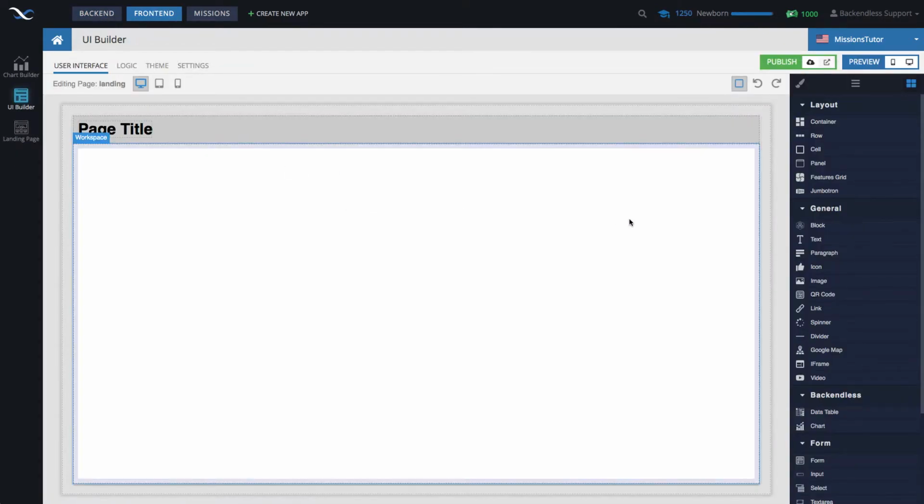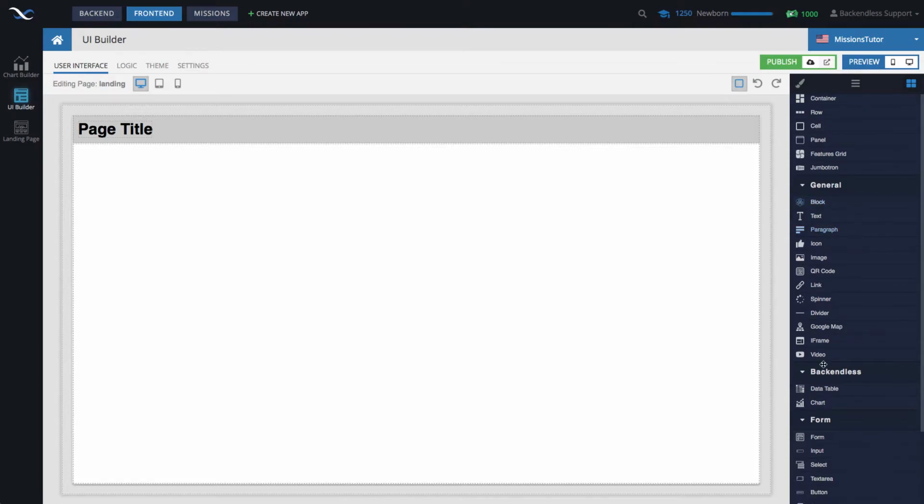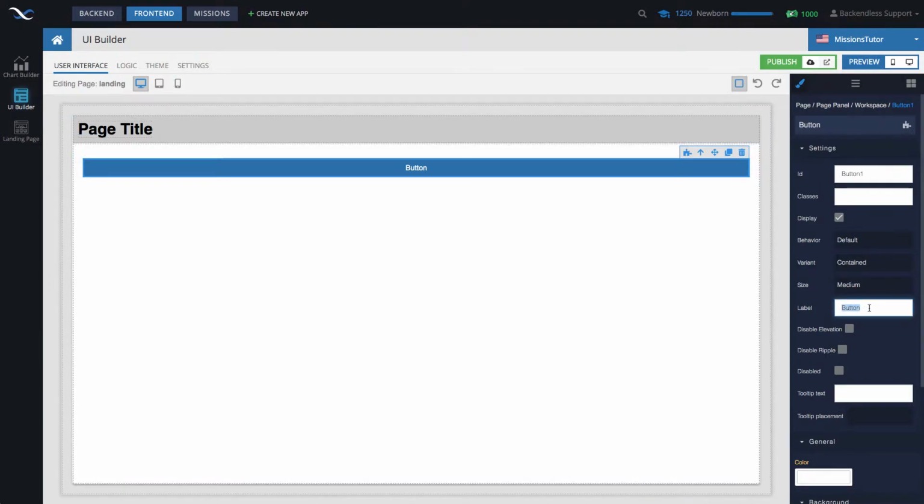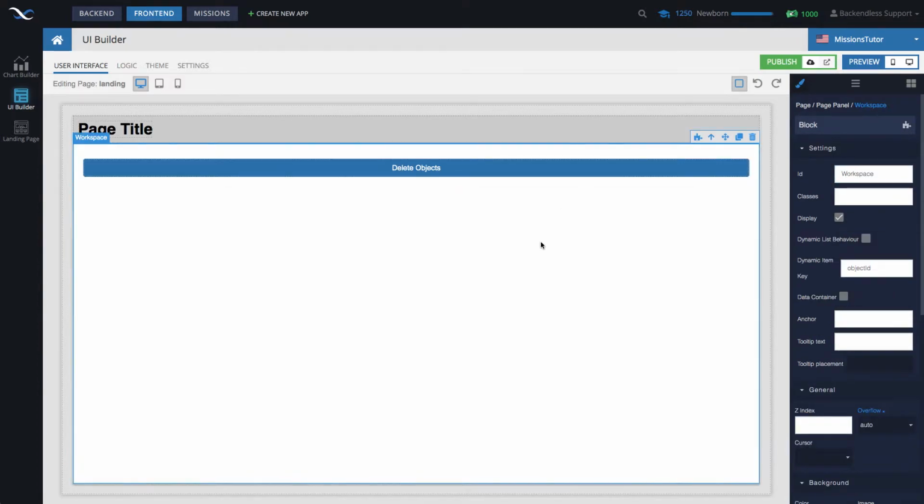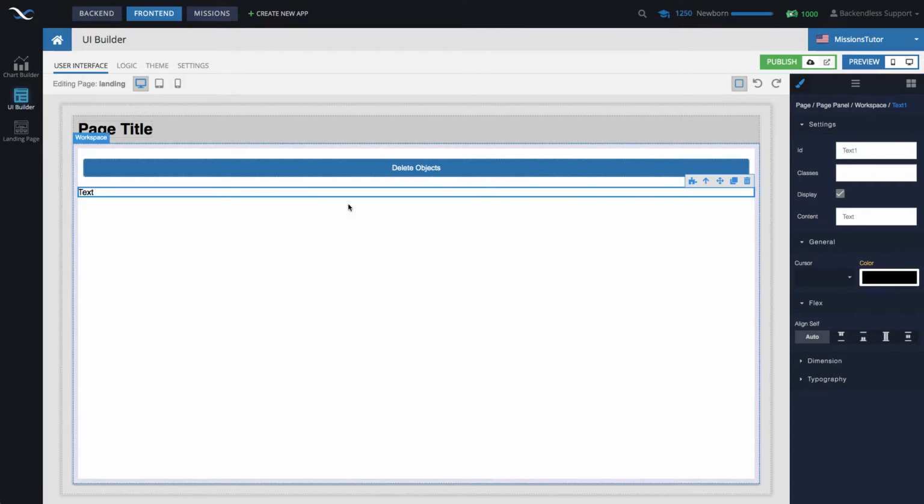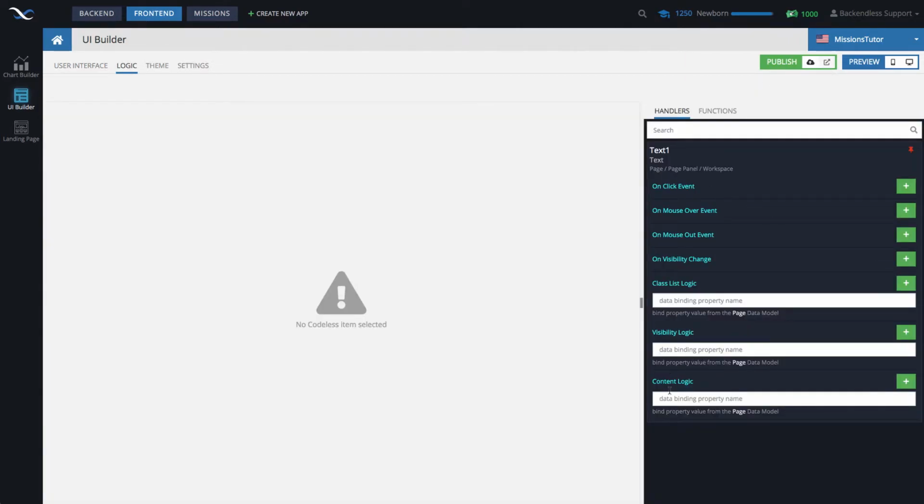Here I have this page, and in here let's add a button that will delete the objects and change the label to delete objects, and the ID will be delete button. By the way, let's also add a text field that will display how many objects were deleted. So here is a text component, and for the data binding, for the content, we will say objects deleted will be the property in page data. Now if we go back to the button